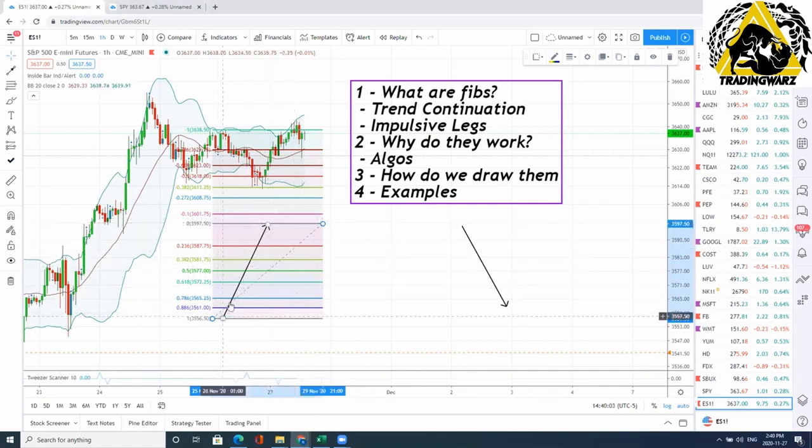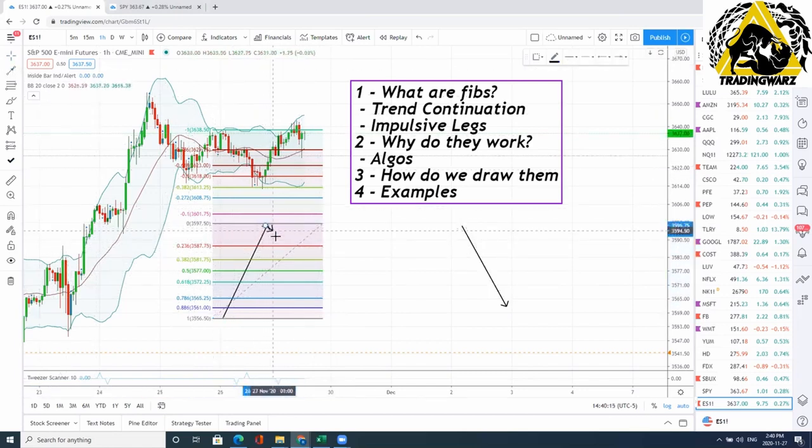Okay. So with this retracement, the major levels that we want to look for are here. The 236 is a very shallow retracement. So that retracement would look like this. And normally I don't like using that retracement because it's not deep enough. The money retracements are really the 50 and the 618. Okay, those are the money retracements. And we can also